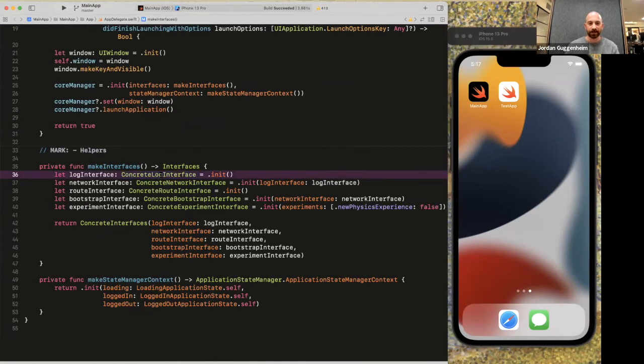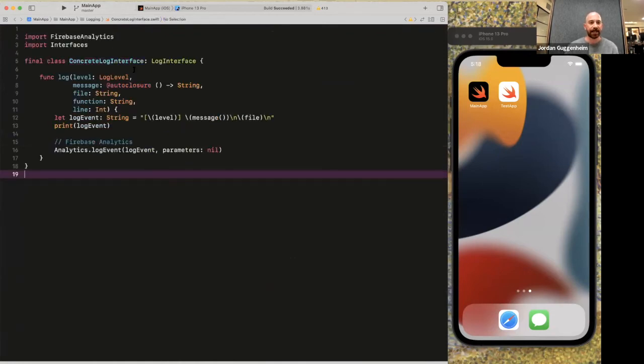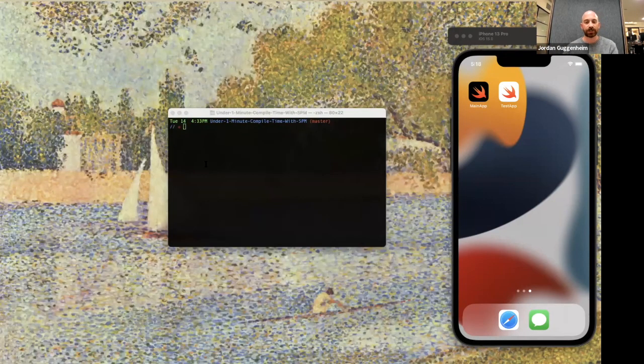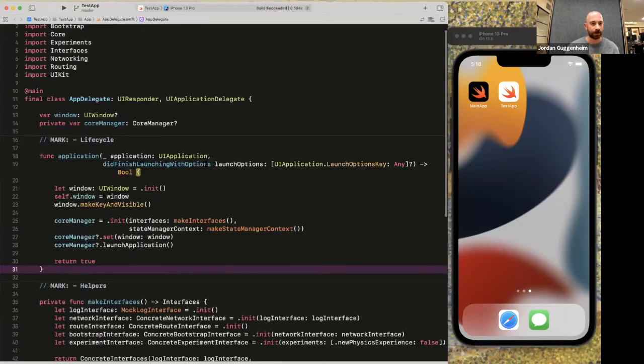If I click on this, you'll see we wrap in this concrete log interface a call into Firebase Analytics. And that's great because we can log to both the console, but also to a dashboard that we can see things in. That is injected here into the interfaces, and then that is used in all of our features. But now if I quickly switch to the test app, which I have aliased in Bash,